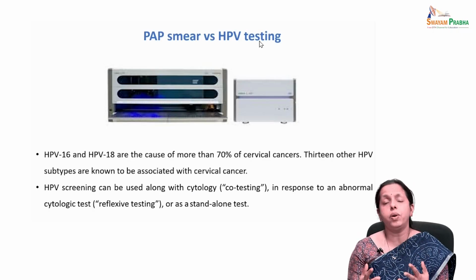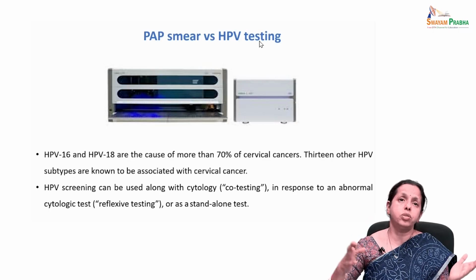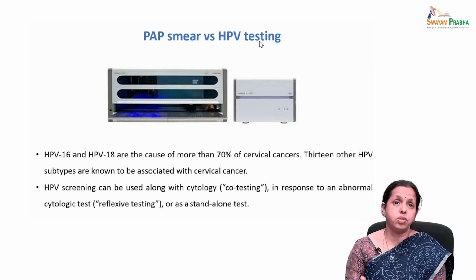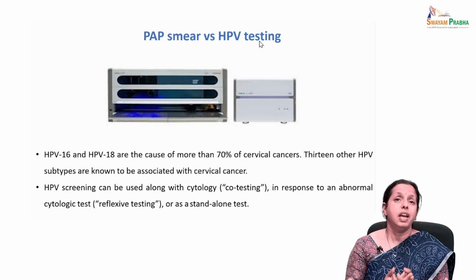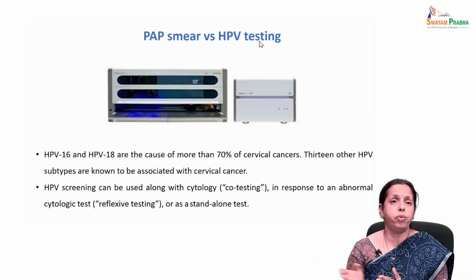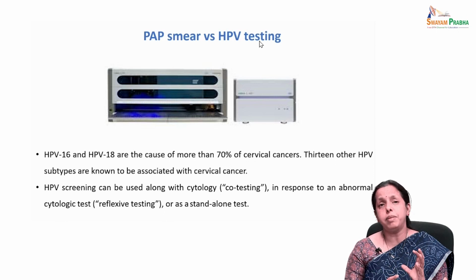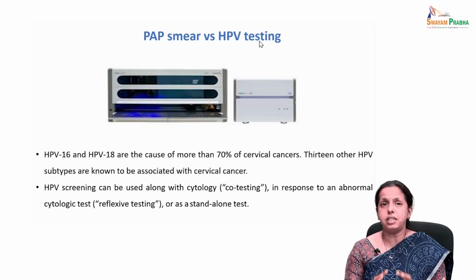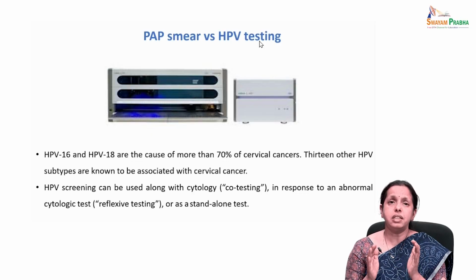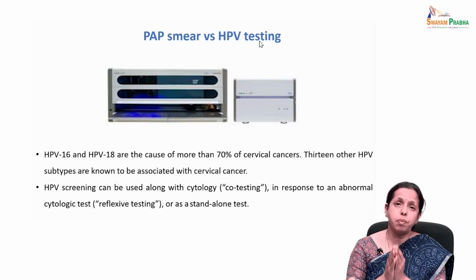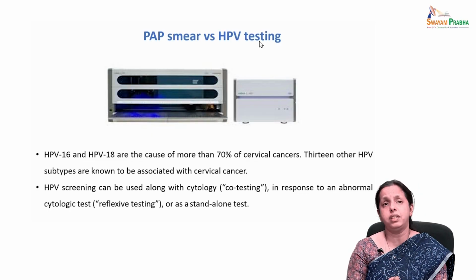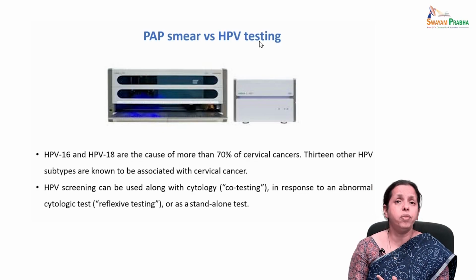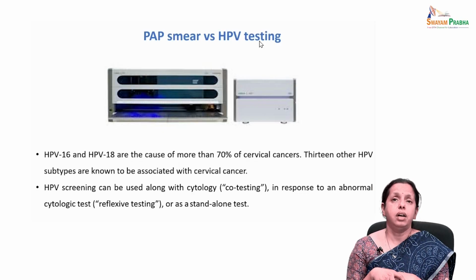You would really need to have something on the spot. At least you screen 100 women, and if one of them tests positive via this HPV testing, yes, they can go forward for follow up. By easing the test facility, or by making the sample collection simple, or with a point of care or on the field device, you can really have more participation or more recruitment of individuals into the screening